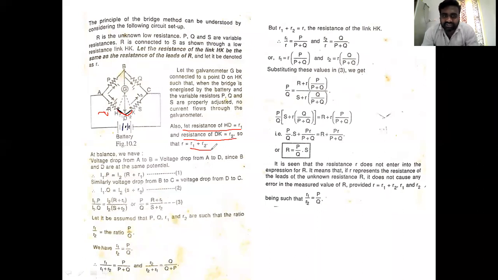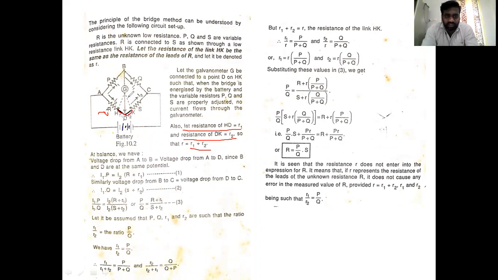Let us see the bridge at balanced condition. We keep on saying this term. In a Wheatstone bridge also we had this discussion, and in a Kelvin's bridge also we are getting this discussion. We are saying the bridge is in a balanced condition. How can we say the bridge is in a balanced condition? The bridge is in a balanced condition when the current flowing through the four arms is equal.